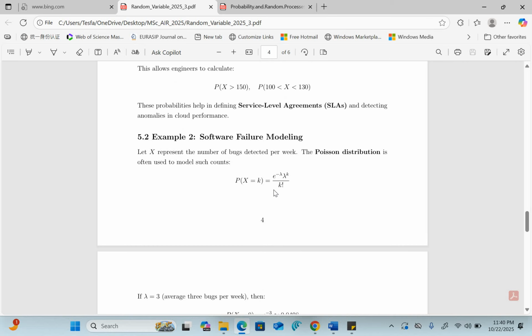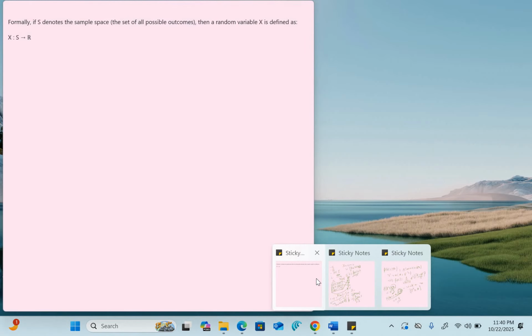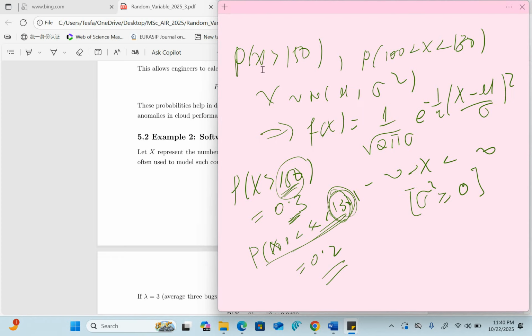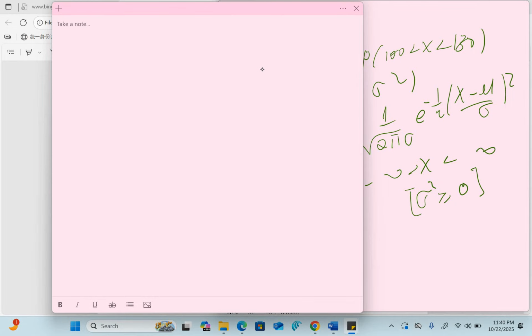The other thing is software failure modeling. Let X represent the number of bugs detected per week. The Poisson distribution is often used to model such a function. By the way, it's good to understand what the Poisson distribution means. Let's say X follows a Poisson distribution with parameter lambda,